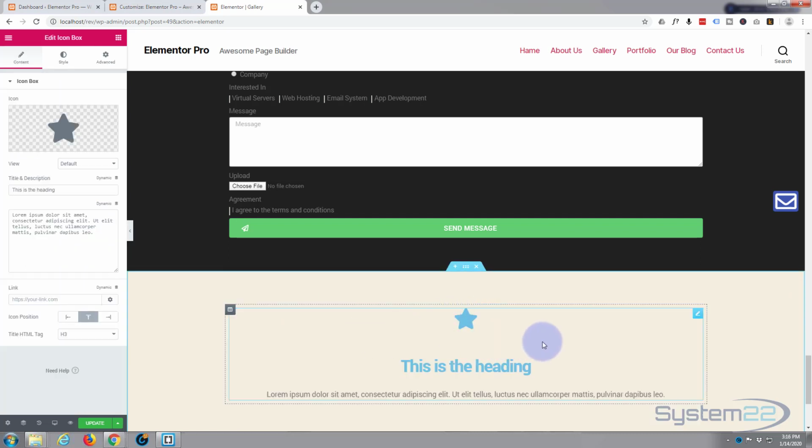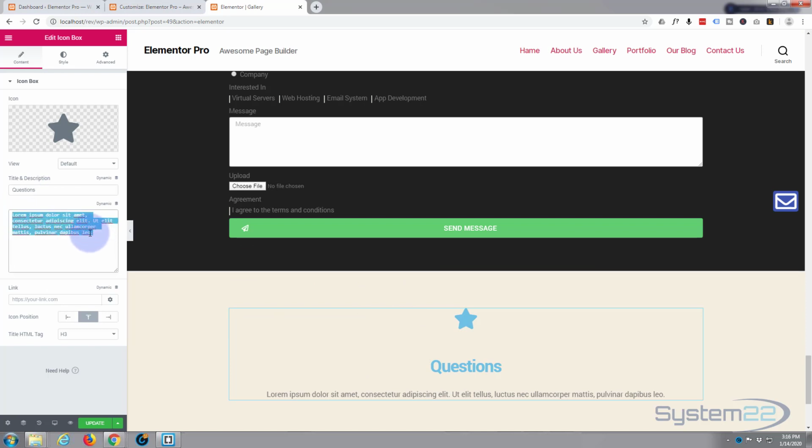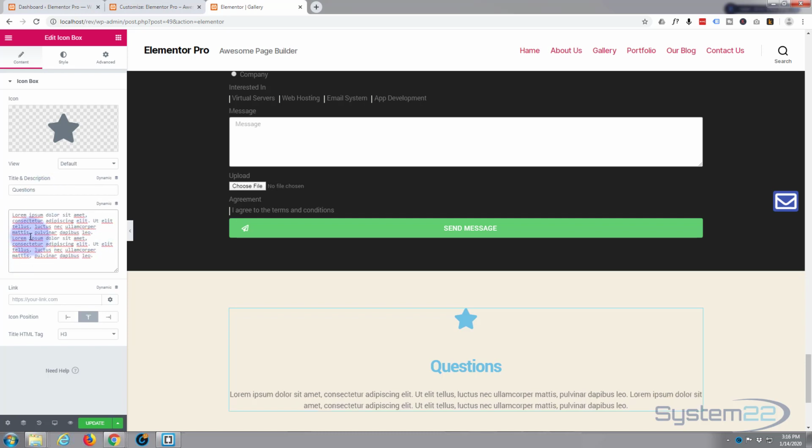Okay, so this is going to be the basis of our pop-up info module. You can put any sort of module here that you want. I'm using this one because I want to use the icon as the handle. So let's say questions. And I really don't have any questions, so I'm just going to copy this lorem ipsum right here a couple of times so we've got some content for it. Perhaps change the first word or something like that. There we are. So we've got our little